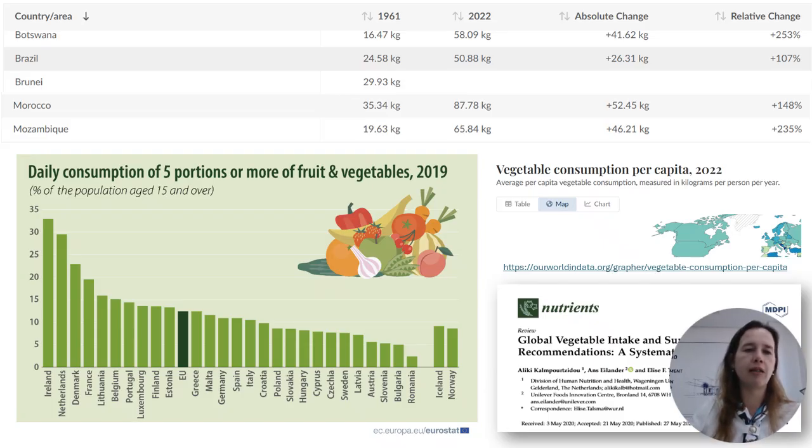When we see the consumption per country of the daily consumption of 5 portions or more of fruit and vegetables, the last data that I found was from 2019, and this is only for Europe mainly. We have Ireland, more than 33% of the country population are consuming